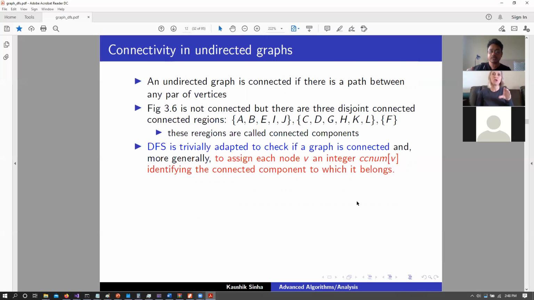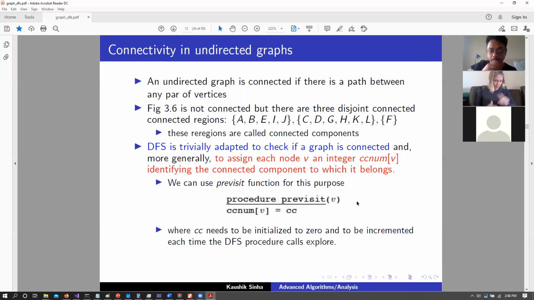So we just saw how we can figure out all of the connected components in a graph, but we can also get more information from this DFS algorithm if we use those pre-visit and post-visit functions to figure something out about the nodes being visited and the order those nodes are being visited as well. Right. So let's talk about the pre-visit function. The pre-visit function basically logs the time at which a particular node is visited the first time, right?